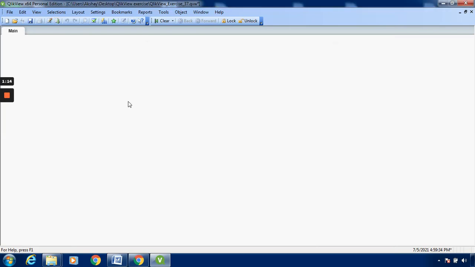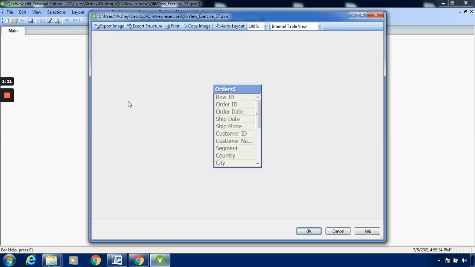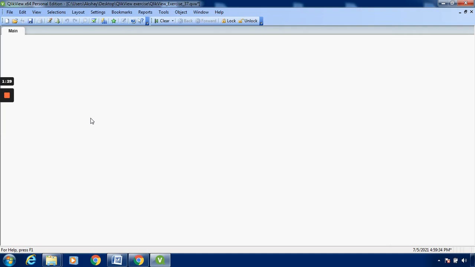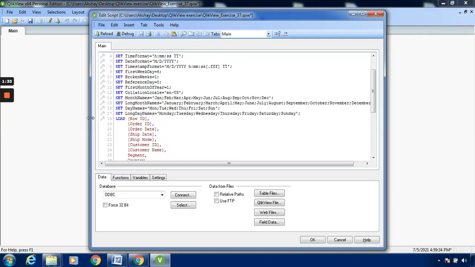Whenever reload is clicked, the data is being loaded. Whenever I press Control T, you can see over here row ID. Now I will change it to row number. Go to the edit script, click on Control plus E. Only we have to type over here row ID